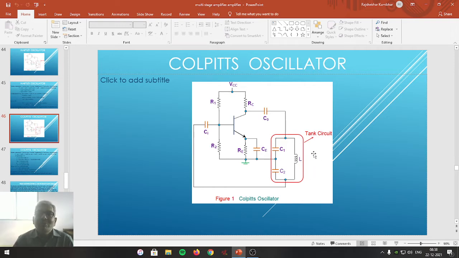Friends, look at this particular tank circuit adopted in the Colpitts oscillator. Here is a tapping. Between C1 and C2 there is a tapping to ground. In the Hartley oscillator, the tapping is between L1 and L2. That is the difference. With that difference, Colpitts and Hartley oscillators are the same. Accordingly, we are now going to study the construction of the Colpitts oscillator.